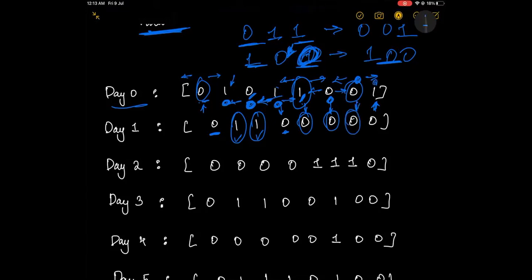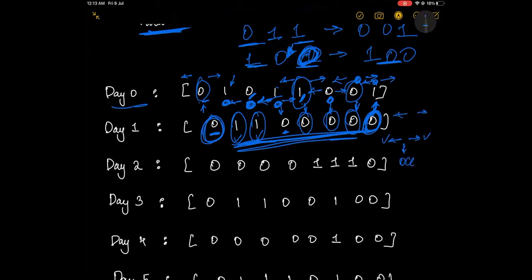We come to this point. Left is 0 and right we don't know. Therefore this becomes 0. As I told you, the left and right ends would always be 0, and the middle elements will follow the condition, which is if left and right are equal, then it becomes occupied. If left and right are not equal, then it becomes 0.